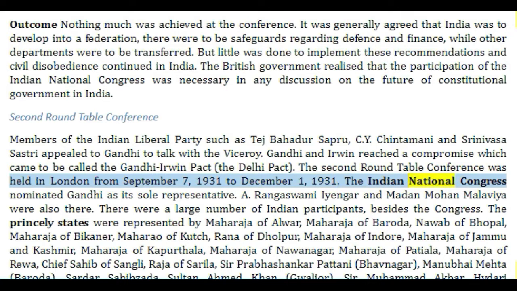The Indian National Congress nominated Gandhi as its sole representative. A. Rangaswami Iyengar and Madan Mohan Malaviya were also there. There were a large number of Indian participants, besides the Congress. The princely states were represented by Maharaja of Alwar, Maharaja of Baroda, Nawab of Bhopal, Maharaja of Bikaner, Maharao of Kutch, Rana of